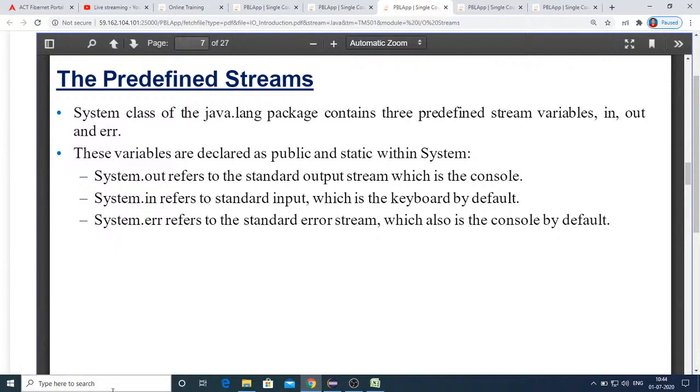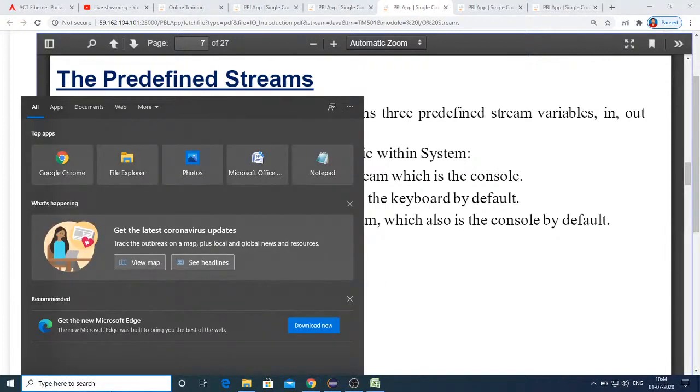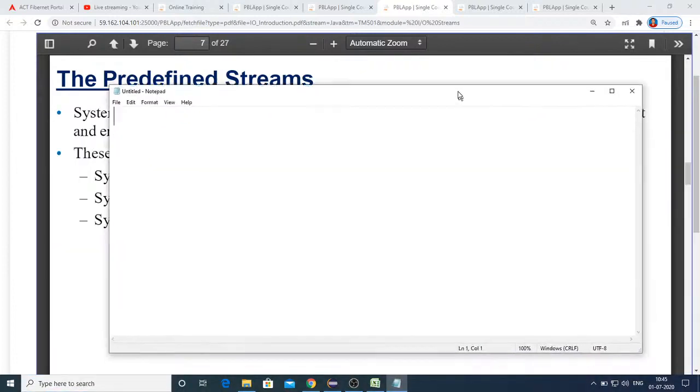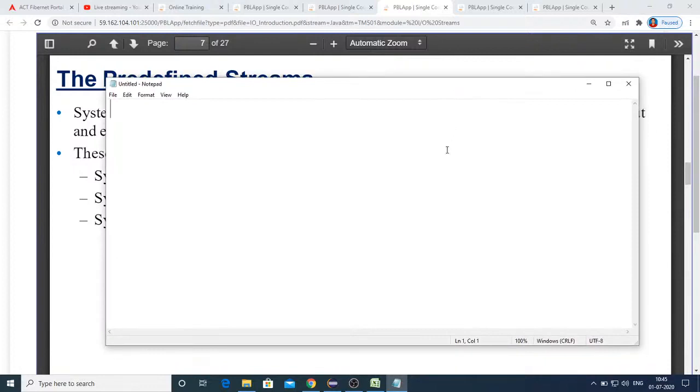Okay, let me first show you that. I'll just open Notepad, because I'm not using an IDE for demonstrating this. The reason is, with an IDE you have the error log file there itself, which you can directly see in the IDE. But I just want to show you with the command prompt how you can redirect these things to separate files. The output can be redirected to a separate file, and the error information can be redirected to a separate file. That's the reason I'm using Notepad and command prompt for demonstrating this.